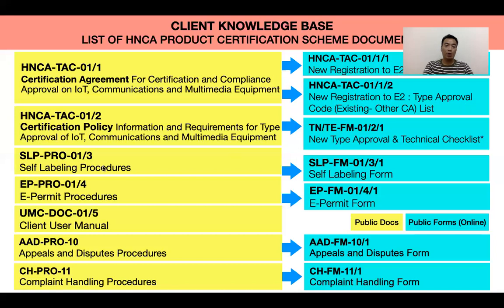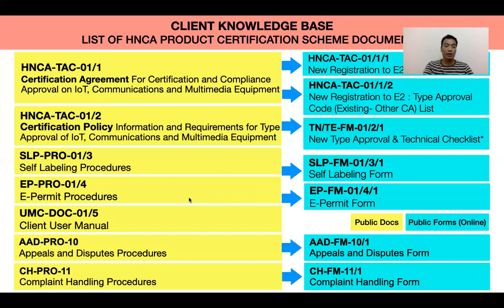And the other important procedures you need to read up on are the self-labeling procedures. For all the procedures, you can see they start with the code PRO. For all the forms, after you read up the procedures, you can fill out the forms; you can check them, they start with FM. So these are very clear and easy to follow